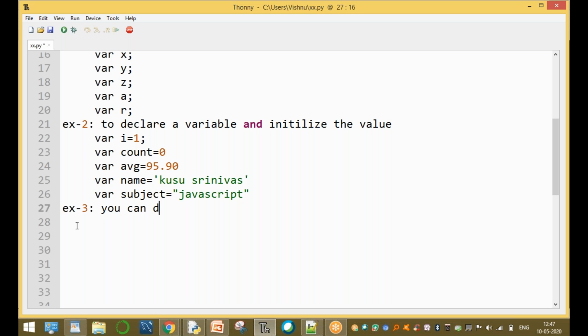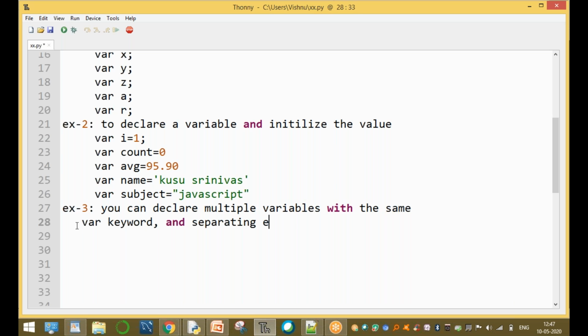Declare multiple variables with the same var keyword, separating each variable with a comma.